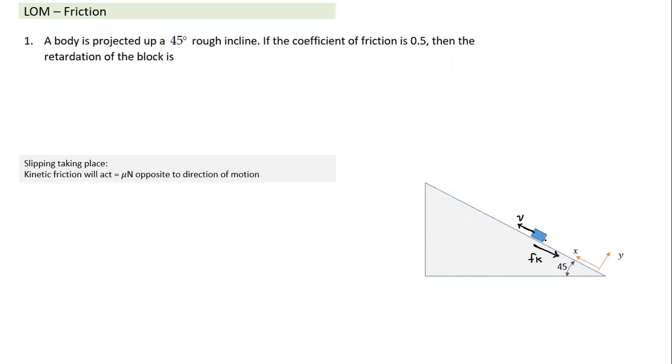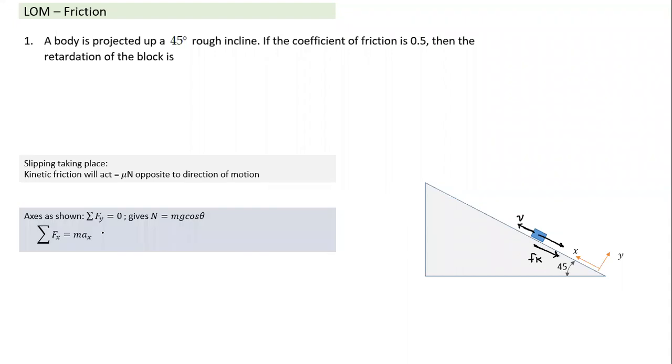And in which direction is gravitational force acting? The tangential component of gravitational force, that also is acting in the same direction. And we know in the y direction there's no acceleration, so we have only taken the components of forces along the tangential or x direction. So these are two forces acting. One is mg sin theta, the other is mu mg cos theta. If we take the summation of force in y direction as 0, we find the value of N, and the summation of force in x direction equals ma. So what is the acceleration here? The acceleration will be total force by mass. So both will add up here.